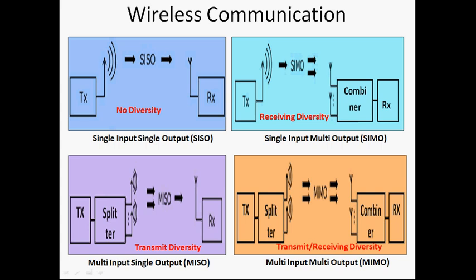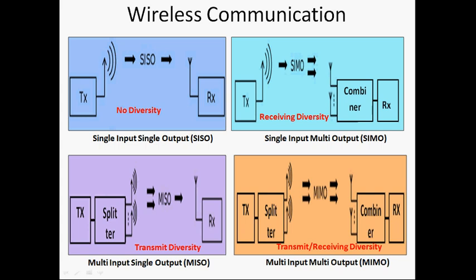systems. Now here when you are taking the single input single output, only one transmitter antenna and one receiver antenna. In that there is no possibility of diversity. Here diversity means parallel data streaming is not possible. Now if you are taking single input multiple output wireless communication system, here only one transmitter antenna and multiple receiver antennas. Here diversity is possible only at the receiver side. That is, parallel data streaming is possible only at the receiver side.